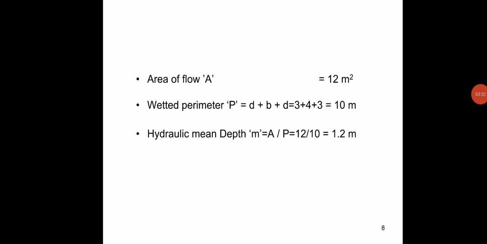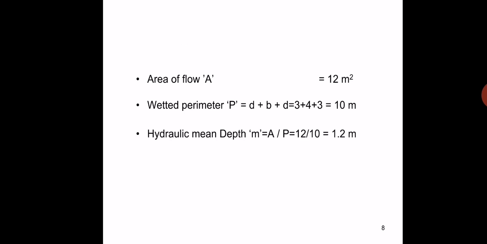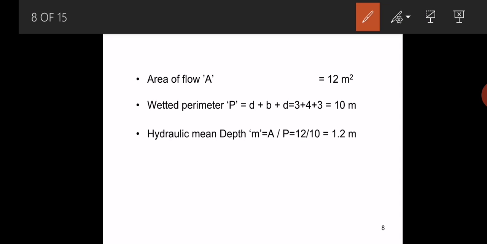According to Kutter's formula, first we have to calculate the area of flow, 3 into 4, 12 meter square. Wetted perimeter of a rectangular channel becomes B plus 2 into D, that is 10 meters. The hydraulic mean depth M is equal to A by P, which becomes 1.2 meters. So according to Kutter's formula, C is equal to